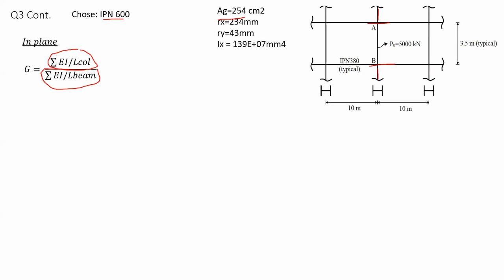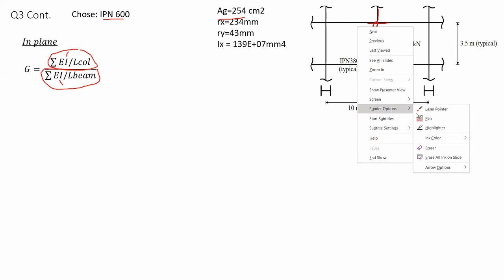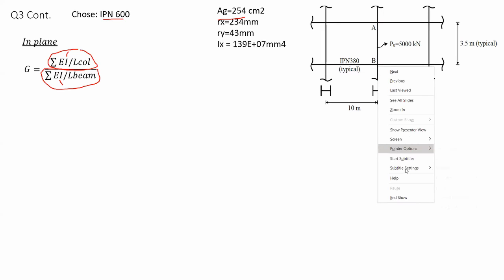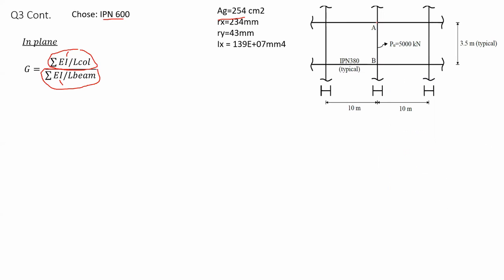Now, note something: when you consider the moment of inertia for this, it would be for a column, and for this one, it would be the moment of inertia for a beam. And we are considering 2 points now. A point over here, let me erase this. What I will find right now is G top, this point, and G bottom, this point. So at the beginning, for G top,